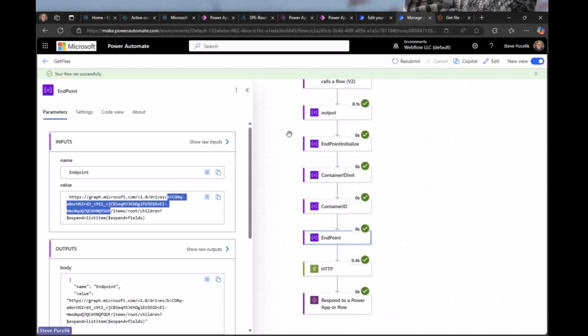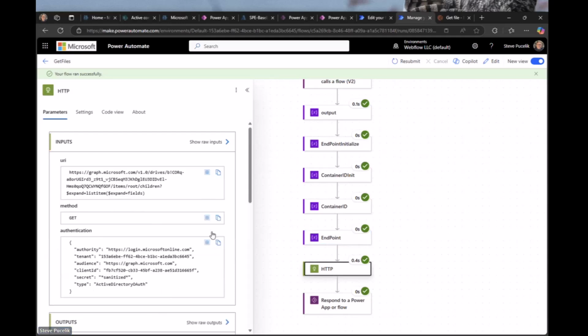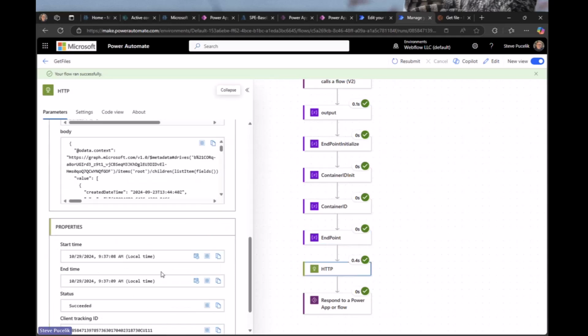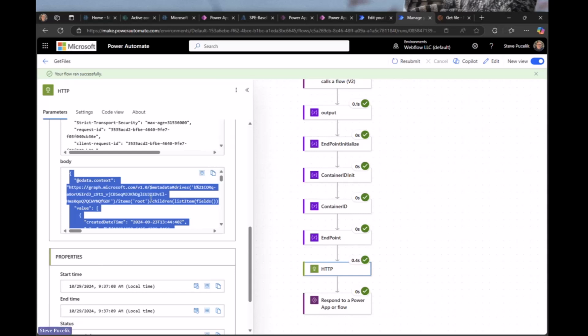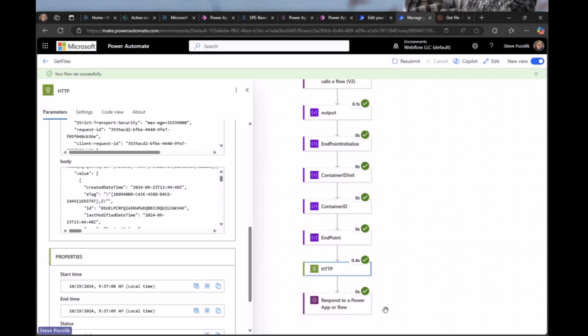So when I create that new container, that ID is what I'm going to be keeping track of. All I'm doing is getting the items out of that container and expanding all of those fields. What's going to be returned to me is that JSON output. So that is the XML, or I'm sorry, the JSON that we are going to take a look at here in a second. And once I have that response,